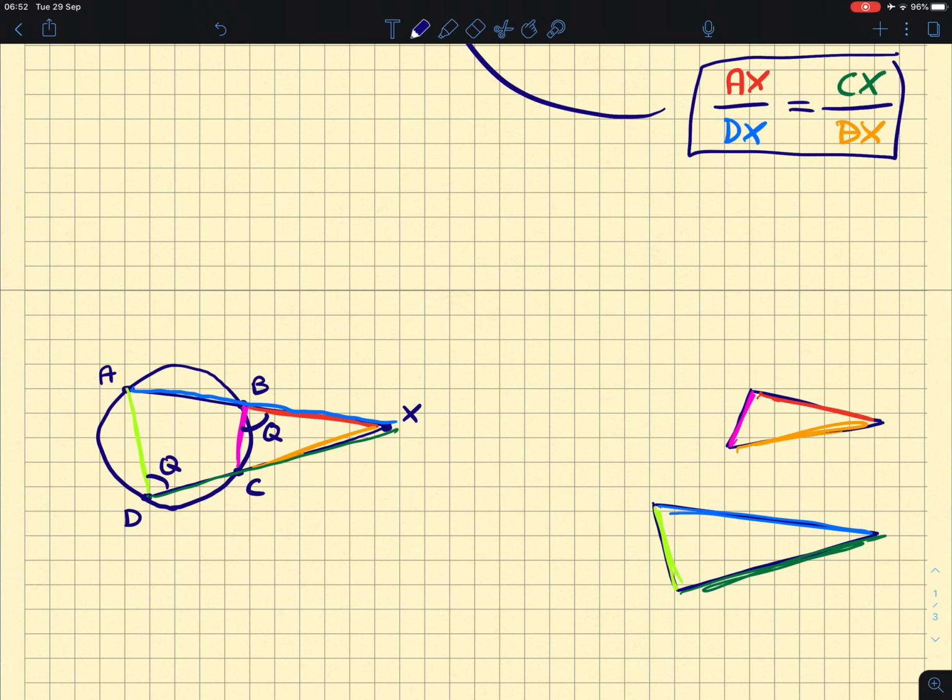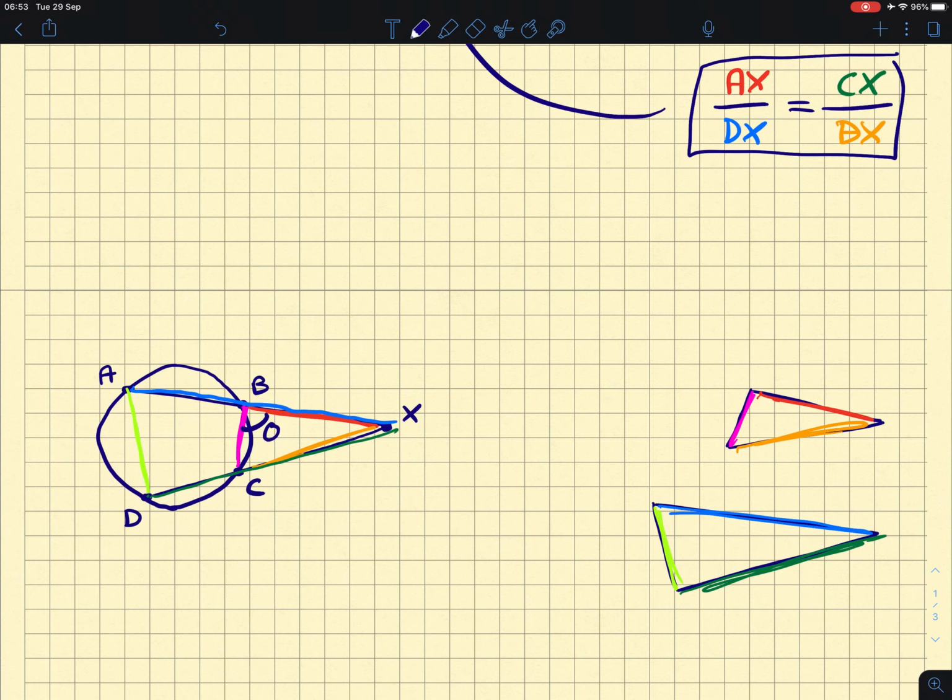Those are similar to each other, okay? Which means that the red side here corresponds to the green side here, because Q is this angle here, Q is this angle here, and they both share an angle there. So basically, let's call this angle P, the length between those two angles in each triangle correspond to one another. Now if we go down a similar road on the other side,